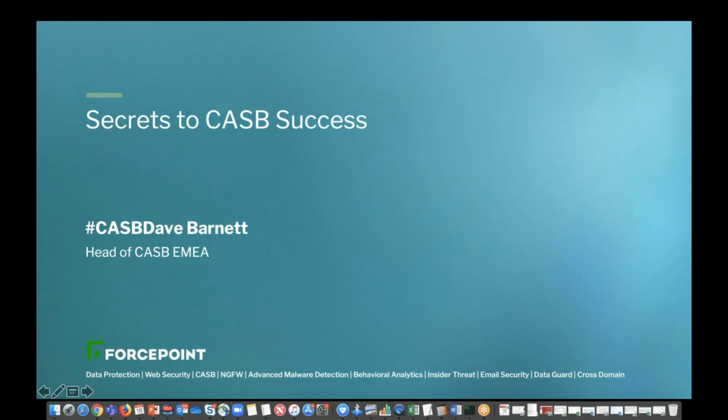This session is going to go mildly into technicalities. We're also going to focus really on what the secrets are. And the secrets are not secret if you tell anybody, so apologies for the false advertising. I will tell you the secret. The secret is to really focus on what risk the business perceives going forward, and put simple, easy to deploy and cost-effective tools in place to solve those.